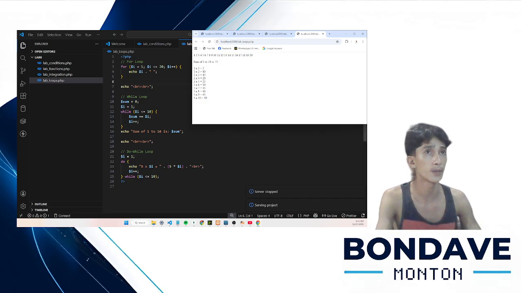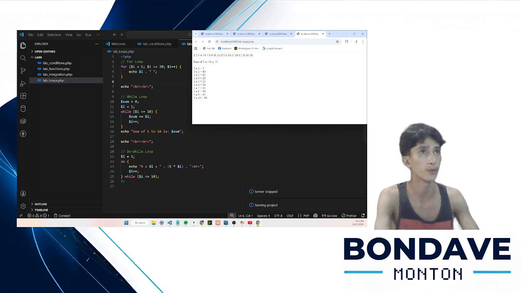It says here I is equal to 1, and then I less than or equal to 10, and it will increment, of course. So as you can see right here, from 1 all the way to 10, because the condition right here is less than or equal to 10.